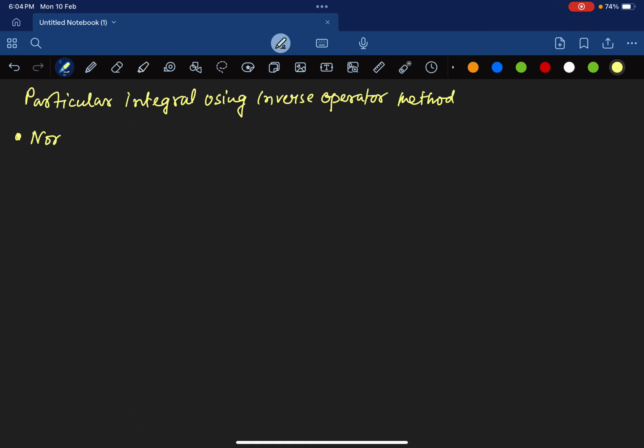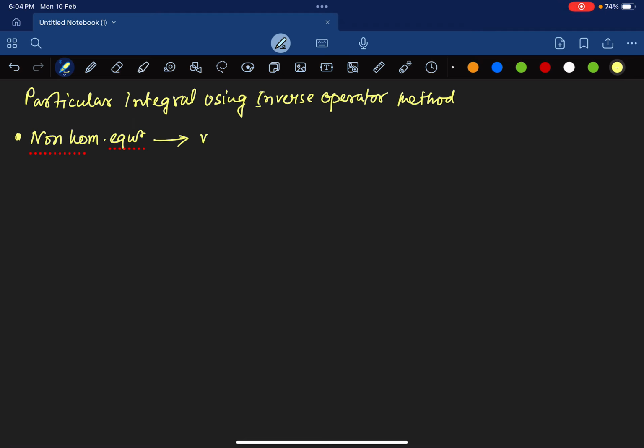Here we will be discussing another important tool to find particular integral, that is, particular integral using the inverse operator method. Say in the question, if a non-homogeneous equation is given to you and the method is not mentioned, in that case you can directly apply this method,